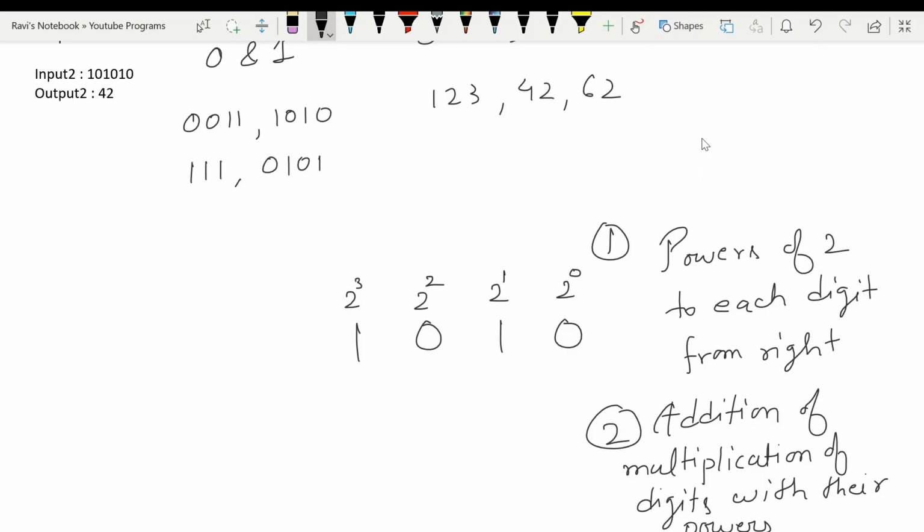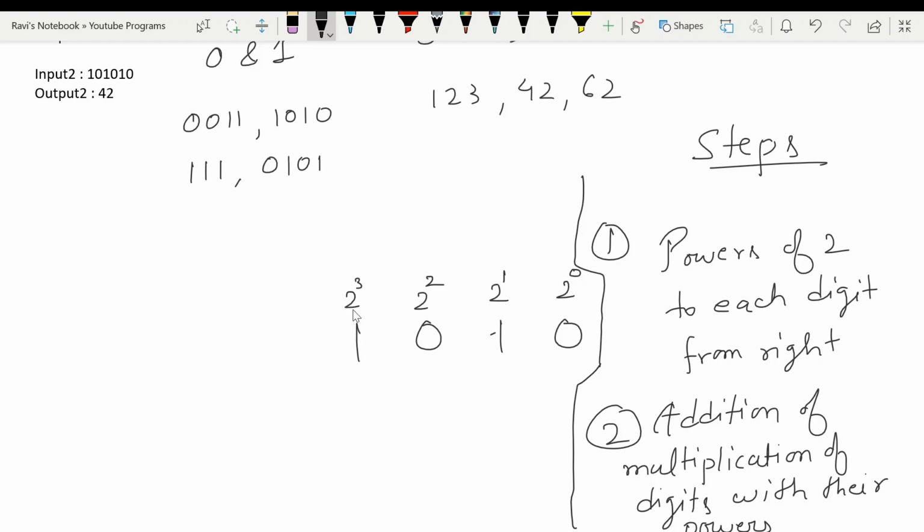Okay, so let me write it better. Steps. So these are the mathematical steps for converting this binary number into its equivalent decimal number.